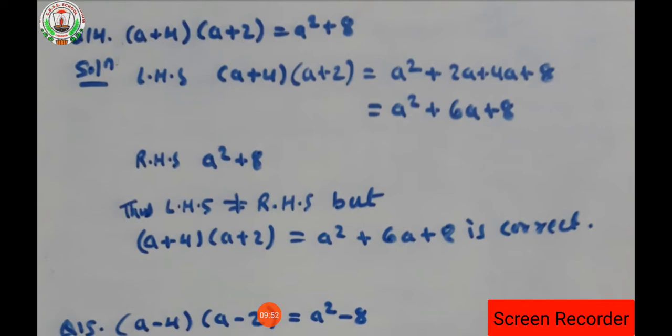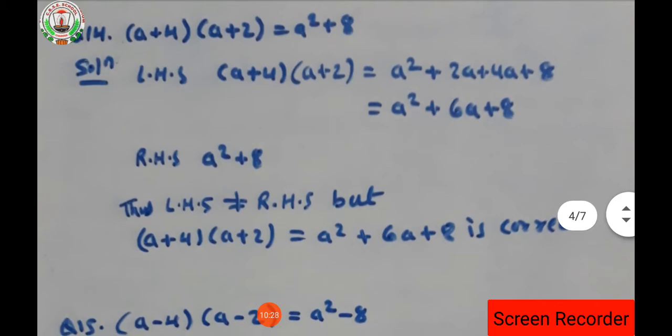Now look students, what RHS part are we having? In the RHS part we are having a² + 8. 8 can be written as 2 into 2 into 2, isn't it? But it will be 2³, and we don't have any identity as a² + b³. That is a wrong identity, isn't it? So the RHS part of this question, a² + 8, we can't solve it, because it is not in any form of identity.